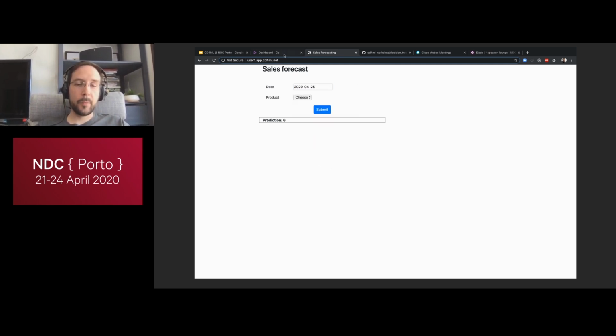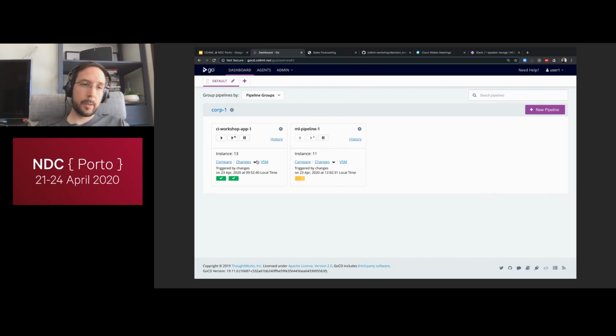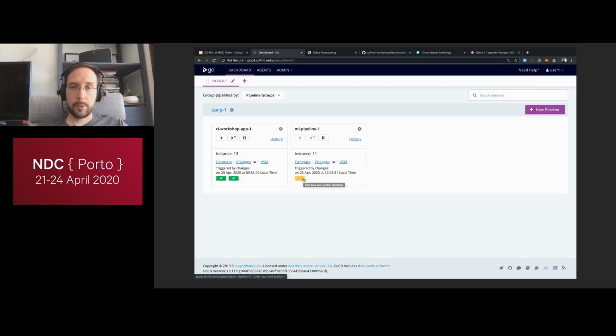Now let's get back here. So this is the application that is being built and deployed by this application pipeline here on the left, right? And on the right, you now see that because of my little change that I did to the